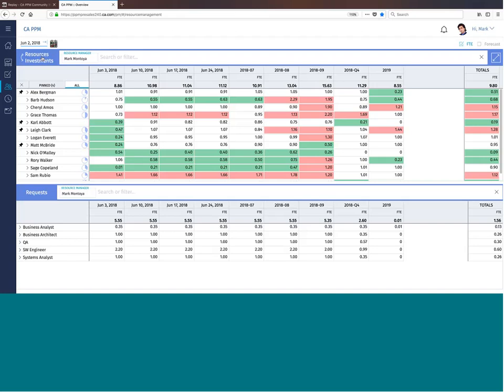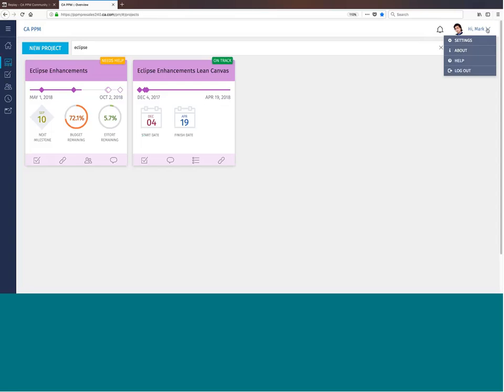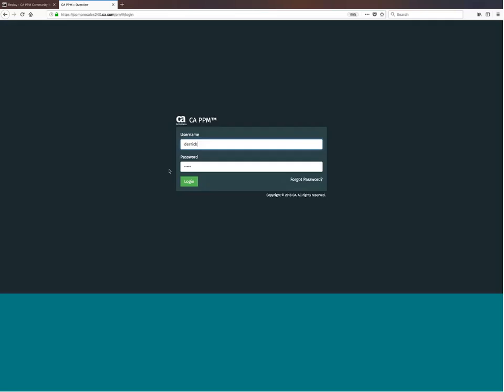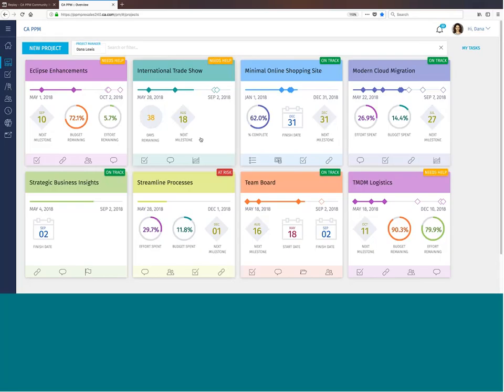So I'm going to do a couple things here. I'm going to move to a new capability that was just introduced in our last release. So I'm going to jump back into the project area. I'm going to log out and come back in as Dana. Oops, spelled right. Dana. And I'm landing on my projects, right? We started here. So these are all the projects for which Dana is responsible. And I'm going to go into one